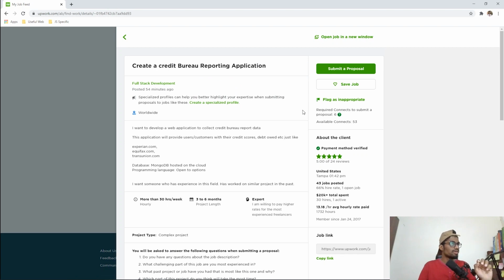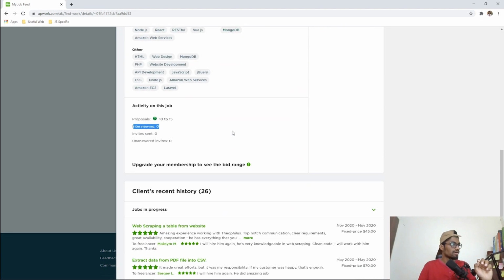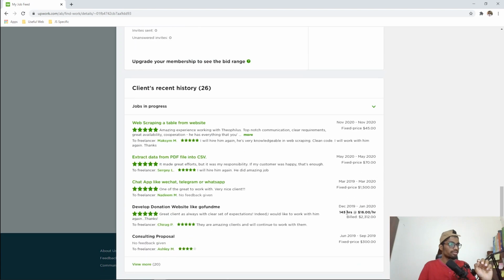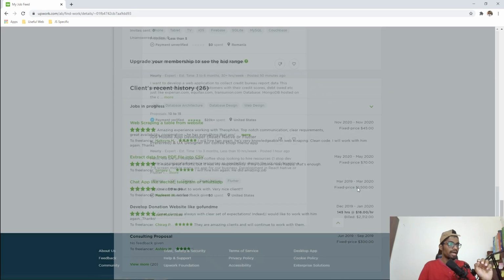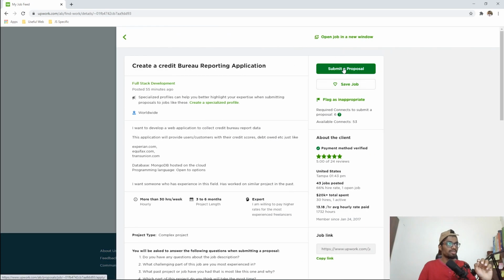You can submit a proposal and decide the payment as well. Sometimes they post a project for an hourly rate. As you can see, this is an hourly rate project and this is a fixed price project. So you can submit your proposal from here. You write a long text like you did in freelancer.com, and you can apply.